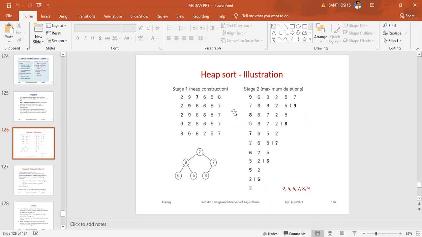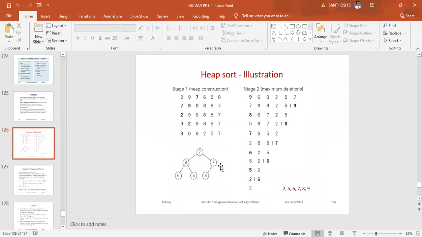Now you again check the parents, 9 and 8. 9 is greater than 6 and 5, and 8 is greater than 7. So this part is finished.